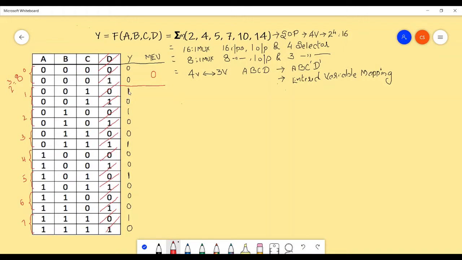In the case of this 1 and 0, I'm going back and checking the value of the variable that has been eliminated. When the output was 1, the value of D was 0. When the output was 0, the value of D is 1. So I am going to write here D bar.